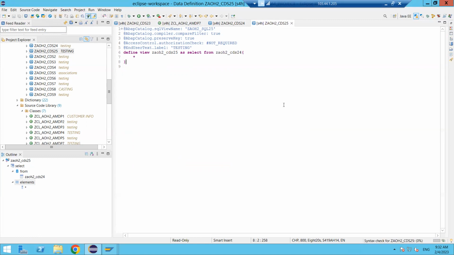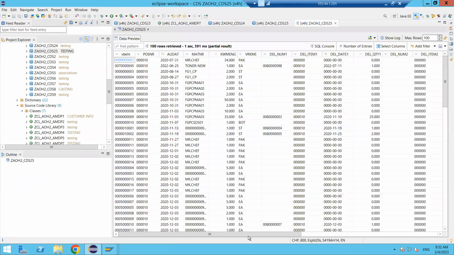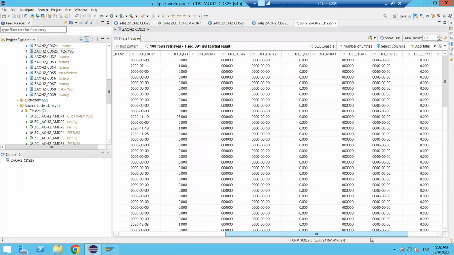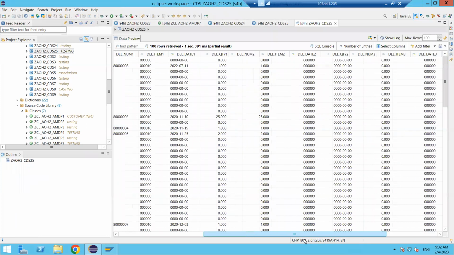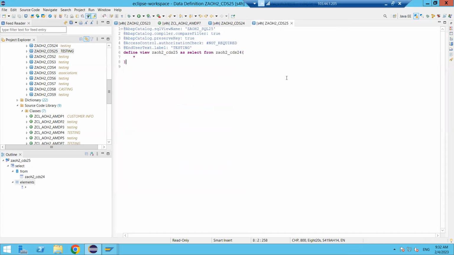It's activated now. Execute it now. See, something is coming like this. Okay, so how is the program executing here? We are executing the CDS view here. I have maintained something,